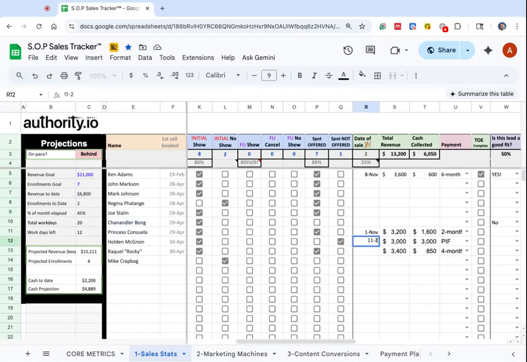Again, don't let this stress you out. It's really meant to help you find clarity in where you're at, right? If you had 3 sales so far this month, you're on pace. All right, projected 7, projected right around that same. If you can just keep this pace going, which means, let's see,